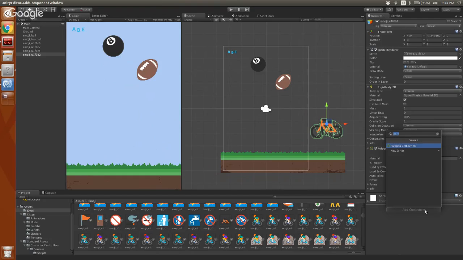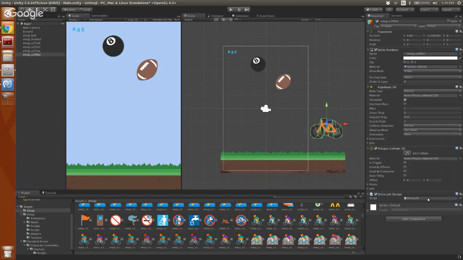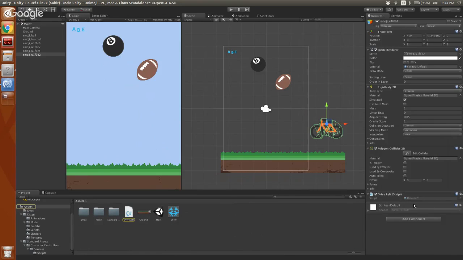And I'm just going to make a completely made up name. I'll call it like drive left. It'll ask me, do I want to make a new script? Because it couldn't find it. This isn't like rigid body that already exists. I'll say, yes, I want a new script. In this case, I'll do it in C#. That's what Unity games should really be done in. Don't worry, it'll be a very small amount of C#. And then I double click on this and it'll pop up in my editor.